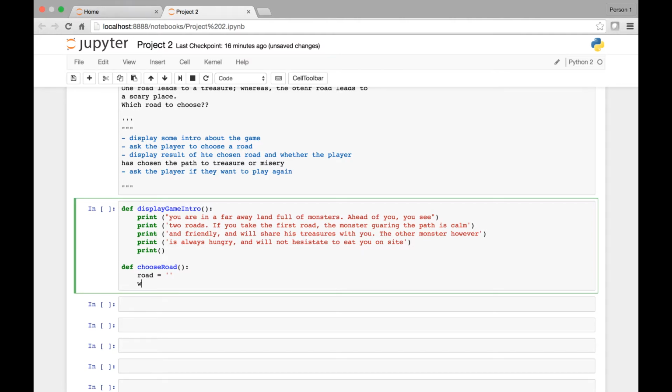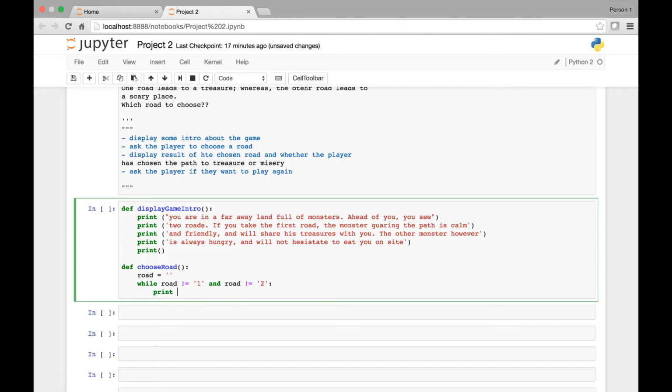Okay, I can use a while statement for that, a while loop. I can say while rod is not equal to 1 and rod not equal to 2, I can say print which rod will you go into,